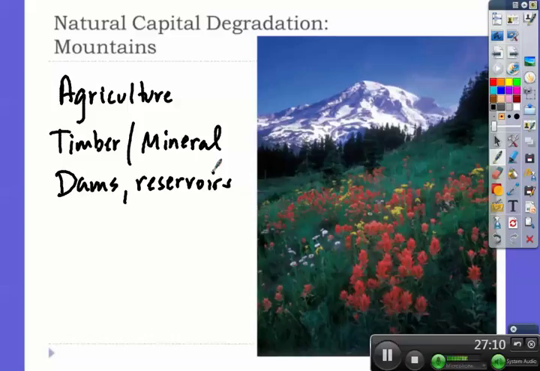Obviously, with it being as beautiful as it is, you're going to see increased tourism, which just leads to more human interaction with the ecosystem itself. With any place, air pollution comes in from urban areas and from power plants, soil damage from off-road vehicles, and then you also have water supplies being threatened because of the possibility of glacial melting.